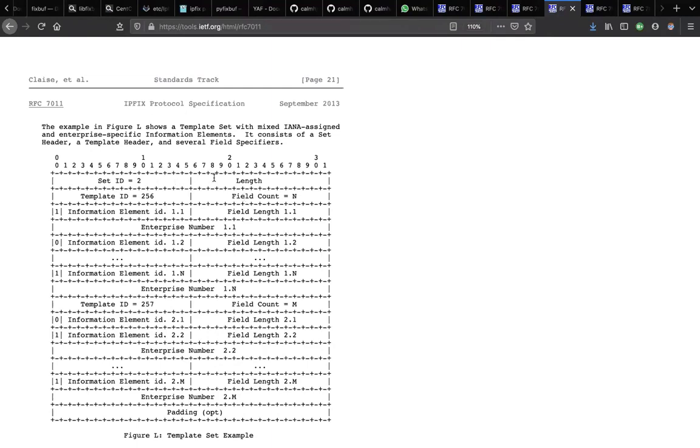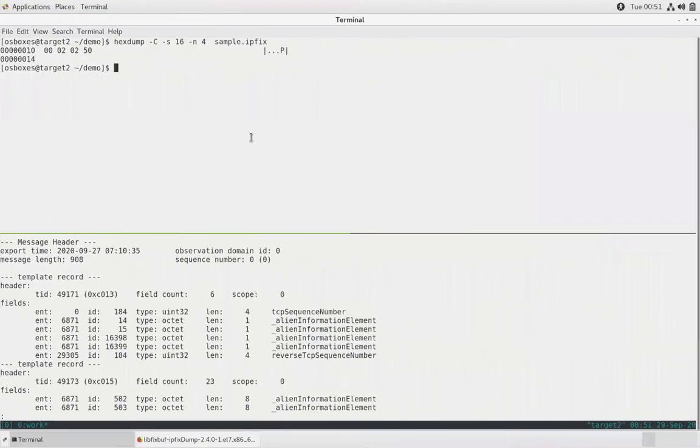So we have looked at the initial 4 bytes starting from the set ID. Let us now look at the initial 8 bytes. That will give us the template ID as well as the number of fields in that template. So we skip the initial 4 bytes and we look at these values. The template ID here in hexadecimal is equal to C013, and we see exactly that value printed by IPFIX dump. It does print the value in decimal as well, and it also prints it in hexadecimal.